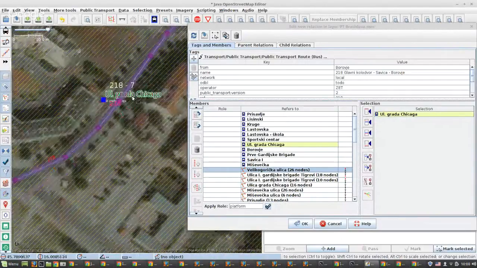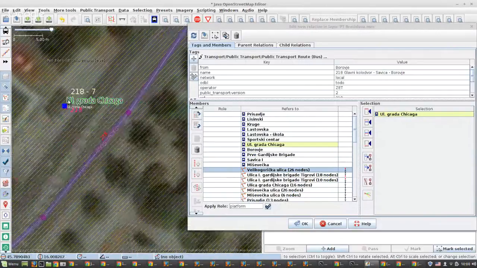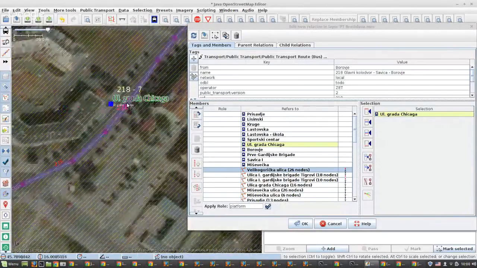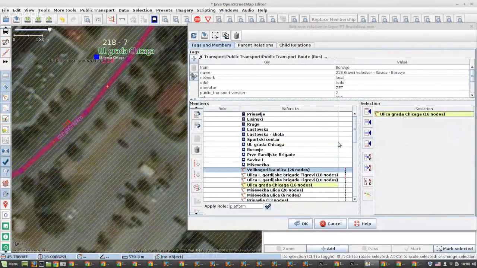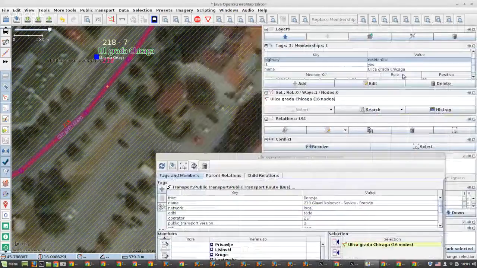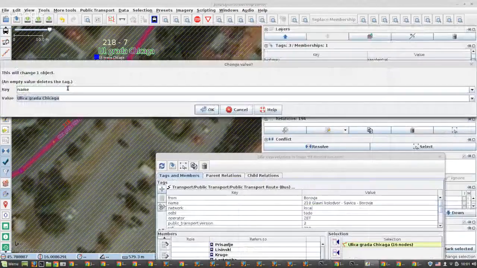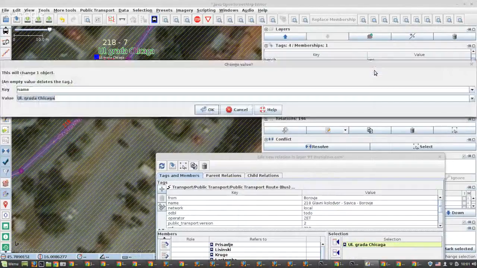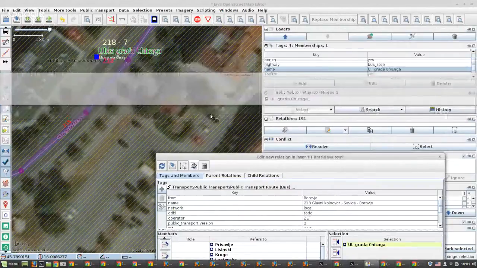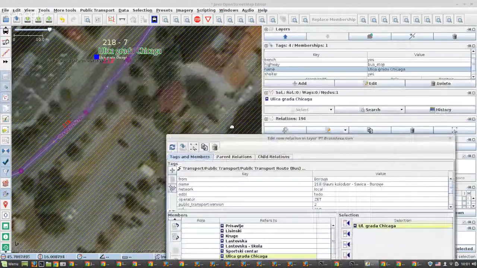Here's an abbreviation for ulica. That should probably be fixed, but I'm not there. Ulica Grada Chicago. Okay, so I have the name actually, so I can improve. Could be so the name of that stop should be Grada Chicago. Okay, then